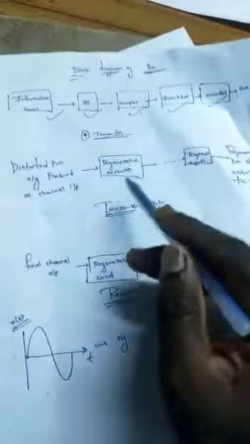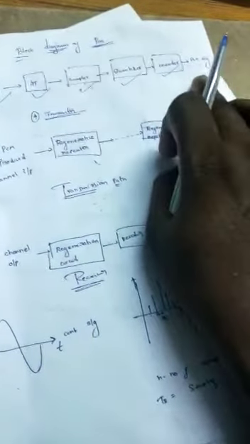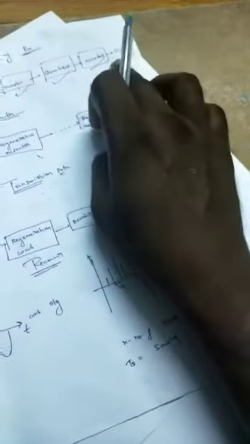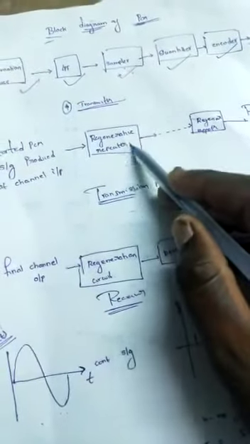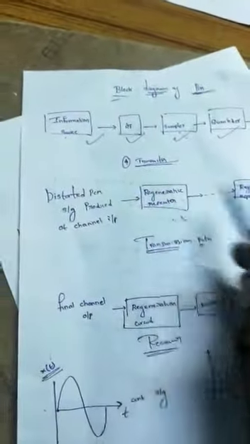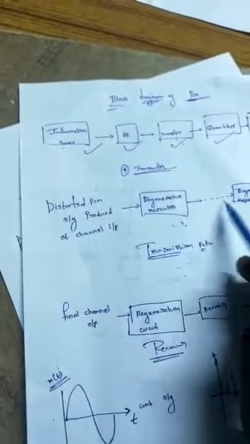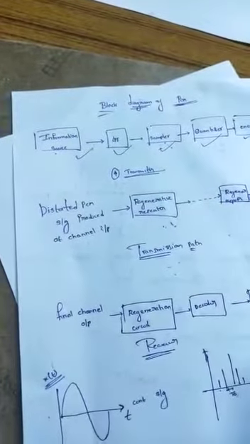And the next one is the transmission path. In this transmission path, the PCM signal which is coming from the transmitter is passed through the channel. When the PCM signal travels down through the channel, it can be distorted. Noise will be added to the PCM signal. So here I am using regenerative repeaters. Regenerative repeaters work just like amplifiers; they can amplify the distorted PCM signal with different regenerative repeater blocks. After that, the regenerated PCM signal is applied to the receiver.